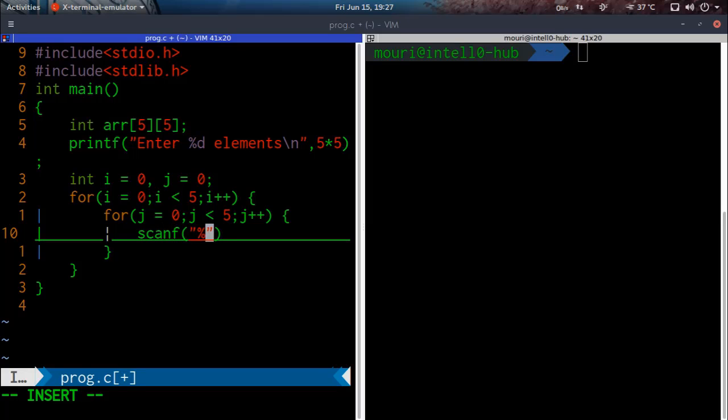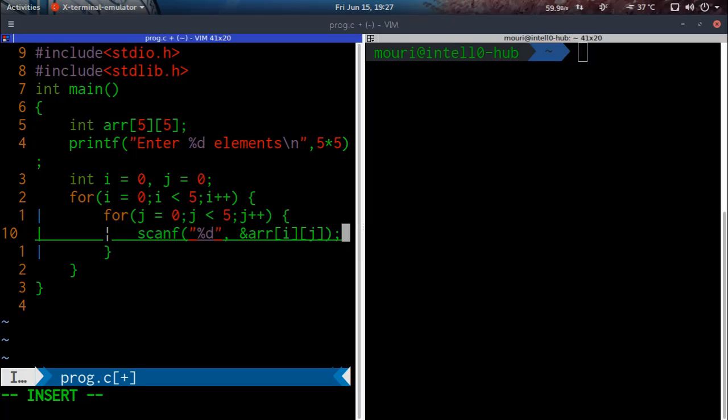So we are going to take an integer as input, and as usual ARR[i][j]. Okay, so i is controlling the rows and j is controlling the columns. When we are at row 0, we are going to go from column 0 up to column 4, and then when we move to row 1, we go from column 0 to column 4, and we shall continue. If you can imagine it, you can see that the columns are continuously changing,